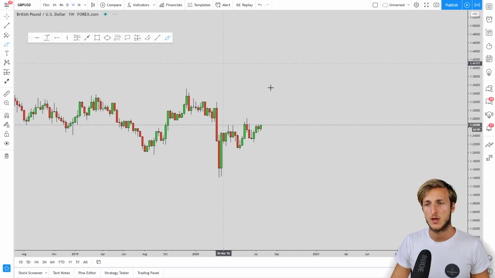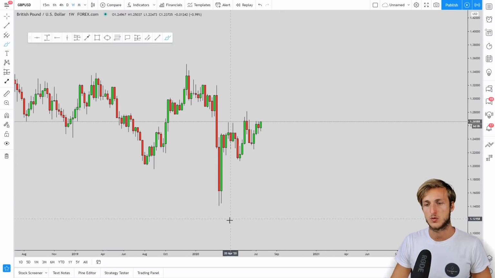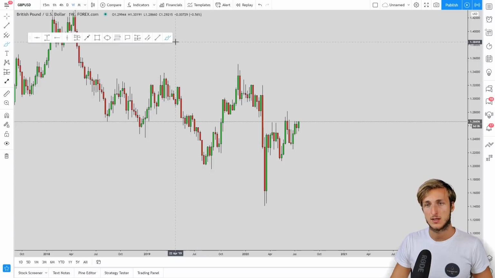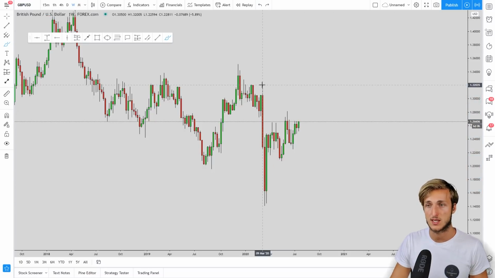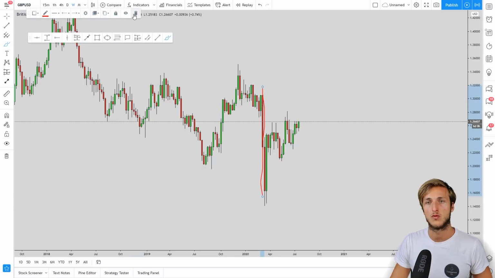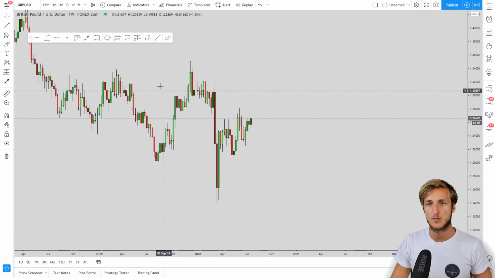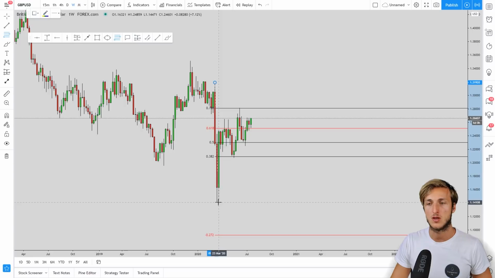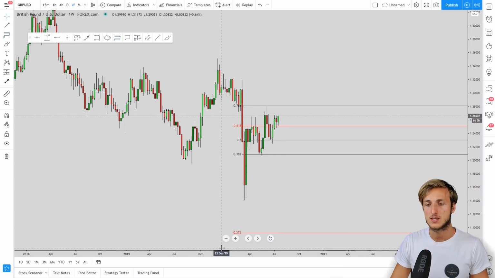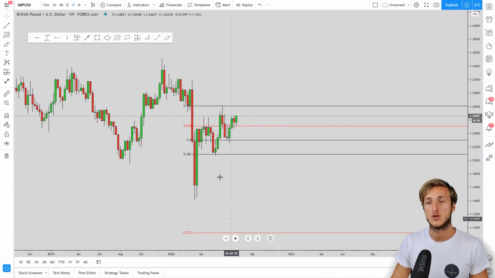Going down on the weekly time frame, what kind of situation do we have? As you know, if you want information on a retracement, you have to take the Fibonacci on the impulse, which in this case is this huge move to the downside. So taking our Fibonacci from the high to the low of this huge impulse, what can we see? We can see that clearly the market rejected the